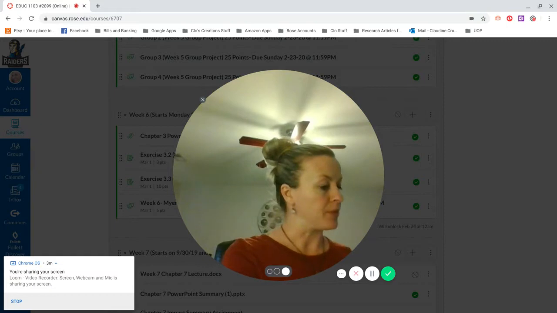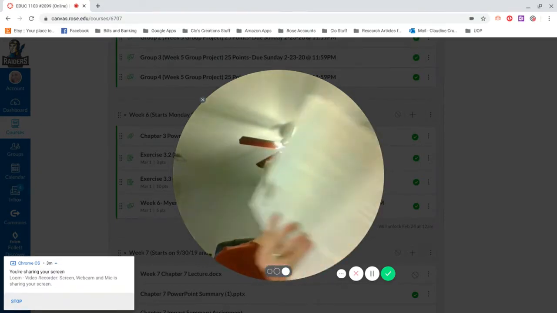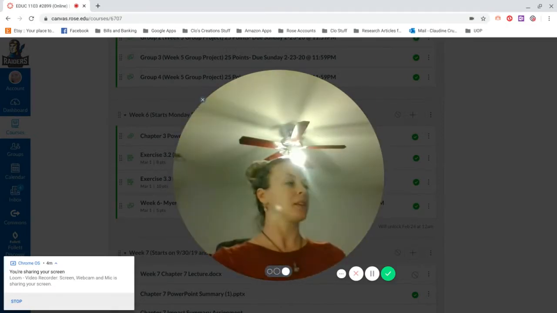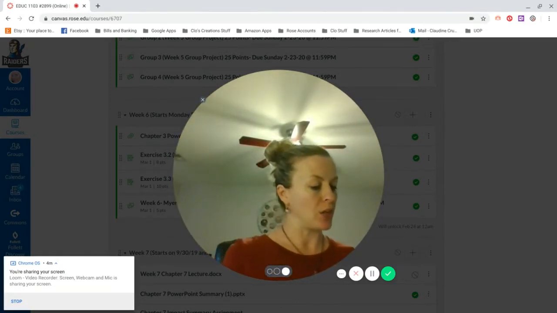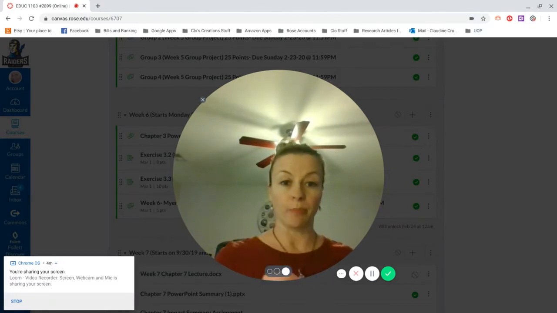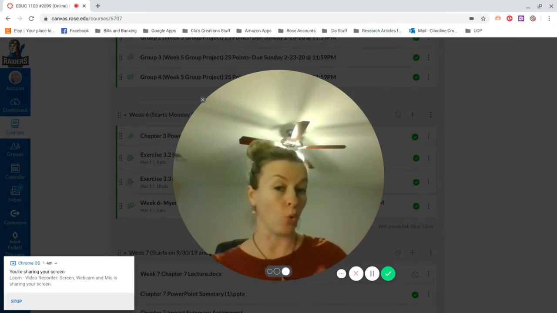I'm thinking of a different section. So there's 7 best conditions for learning. Read through those. You're going to see they're all numbered. They're all split up. And when you're reading through them, it's actually giving you some information on, if you really do want to learn better, if you really do want to be able to do better on your studying, your testing, these are the kind of goals that you want to go for